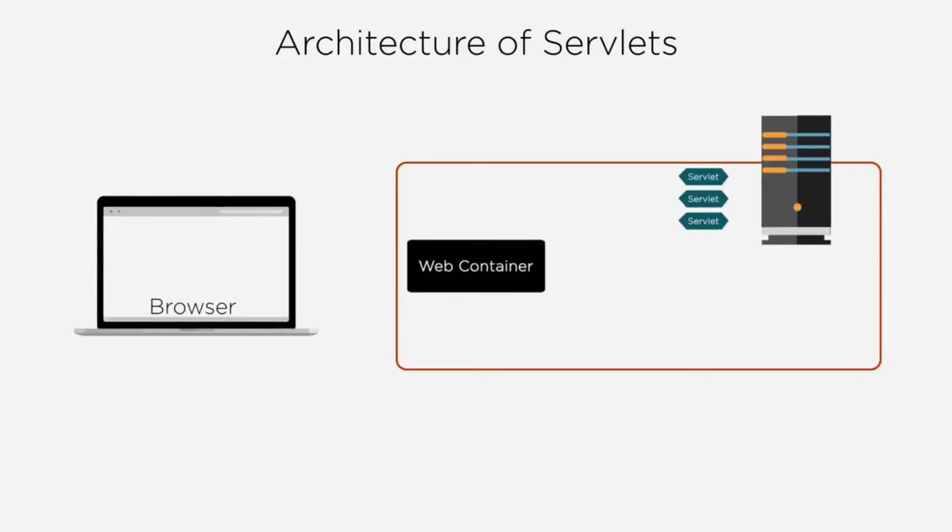Whenever a client types in a URL at the browser and sends an HTTP request for the servlet instead of a static page, the web server application like Tomcat, the web container app that is running at the web server machine, will get the request, and the container sees that the request is for a servlet, so the container creates two objects, HTTP servlet request and HTTP servlet response.